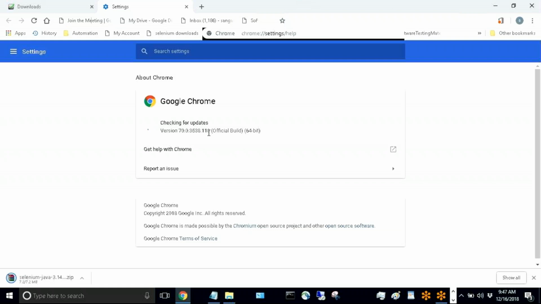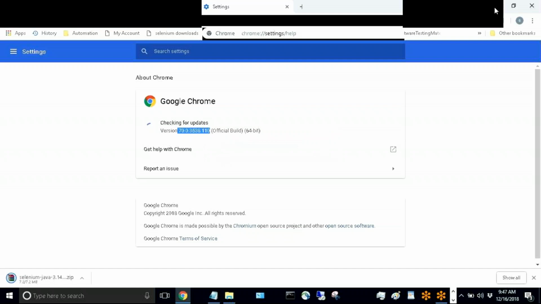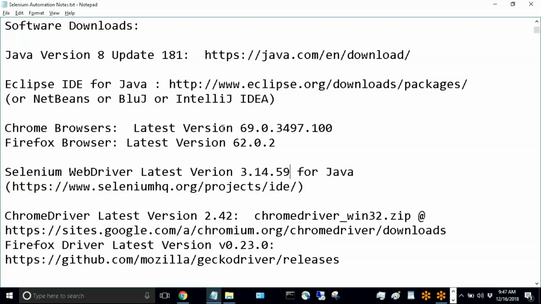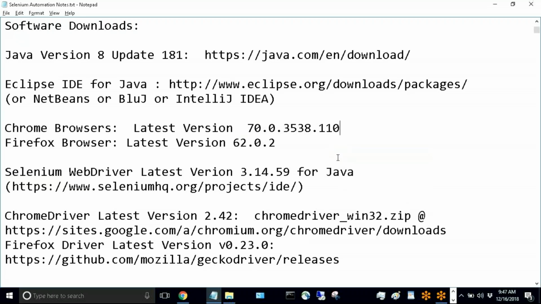So you can use this. And you must already have Firefox also. If not, you can download that. All right,